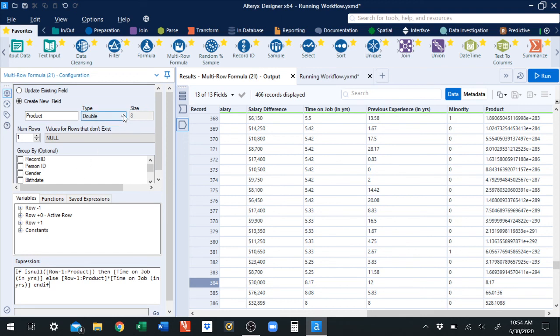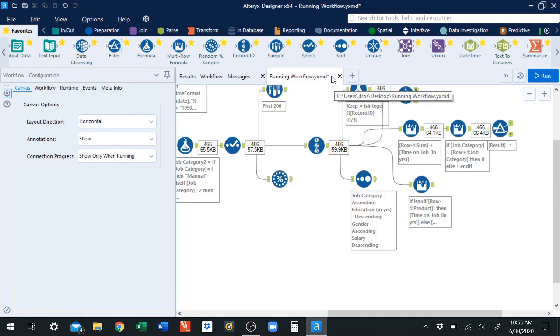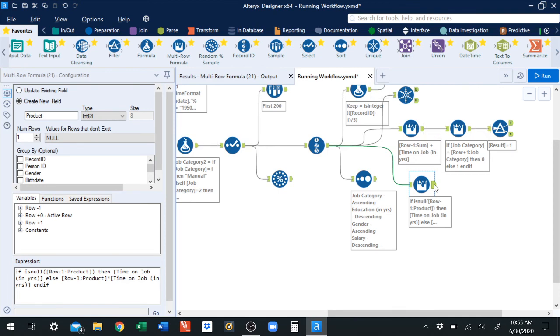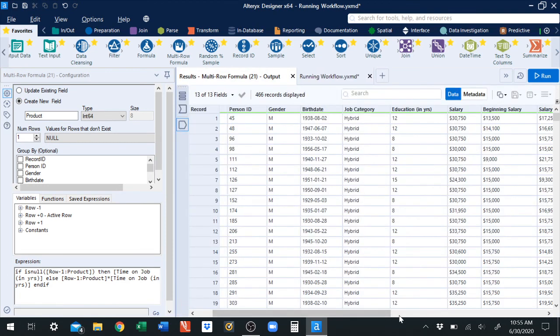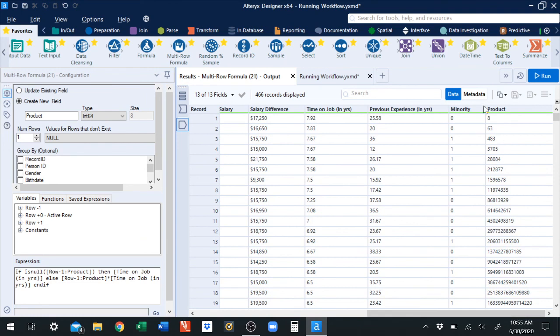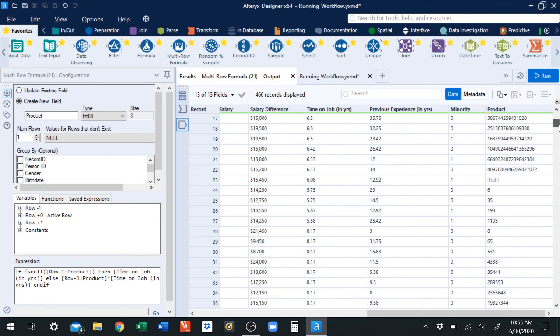Just as one last thing, if I made this an integer, that means the product, well, let's just see. I'll show you. If we look at the output, everything's going to round to the nearest integer. So this is just this rounded to the nearest integer. This is the product of these two numbers and then rounded to the nearest integer and so forth. It looks kind of cool with like a pyramid going on, but